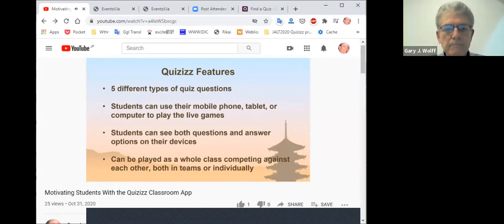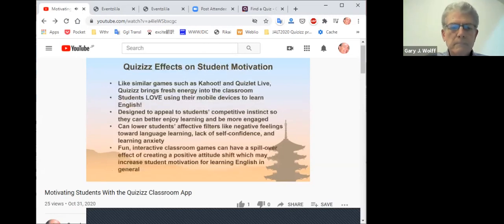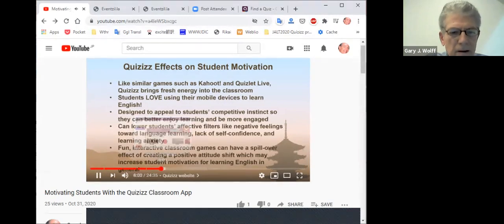And like Quizlet, the students can play in teams or individually. So it's pretty nice the way it's set up, actually. As for its effect on student motivation,